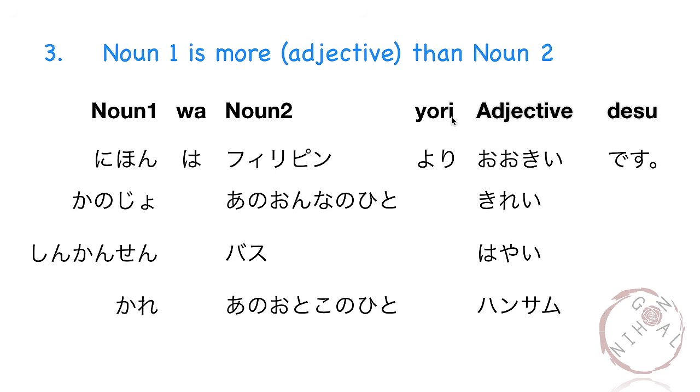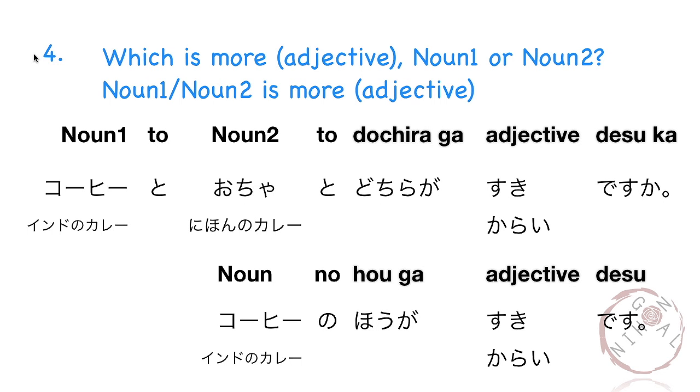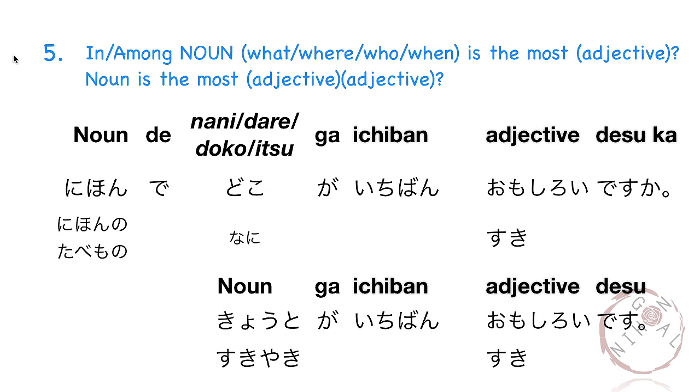We've also learned how to compare two things. Noun 1は noun 2より adjective です。For example, 日本はフィリピンより大きいです。彼女はあの女の人より綺麗です。新幹線はバスより速いです。彼はあの男の人よりhandsomeです。We've also learned how to ask which of the two things is more adjective, using the pattern noun 1と noun 2とどちらが adjective ですか? For example, コーヒーとお茶とどちらが好きですか?インドのカレーと日本のカレーとどちらが辛いですか? To answer the question, we use the pattern noun の方が adjective です。コーヒーの方が好きです。インドのカレーの方が辛いです。